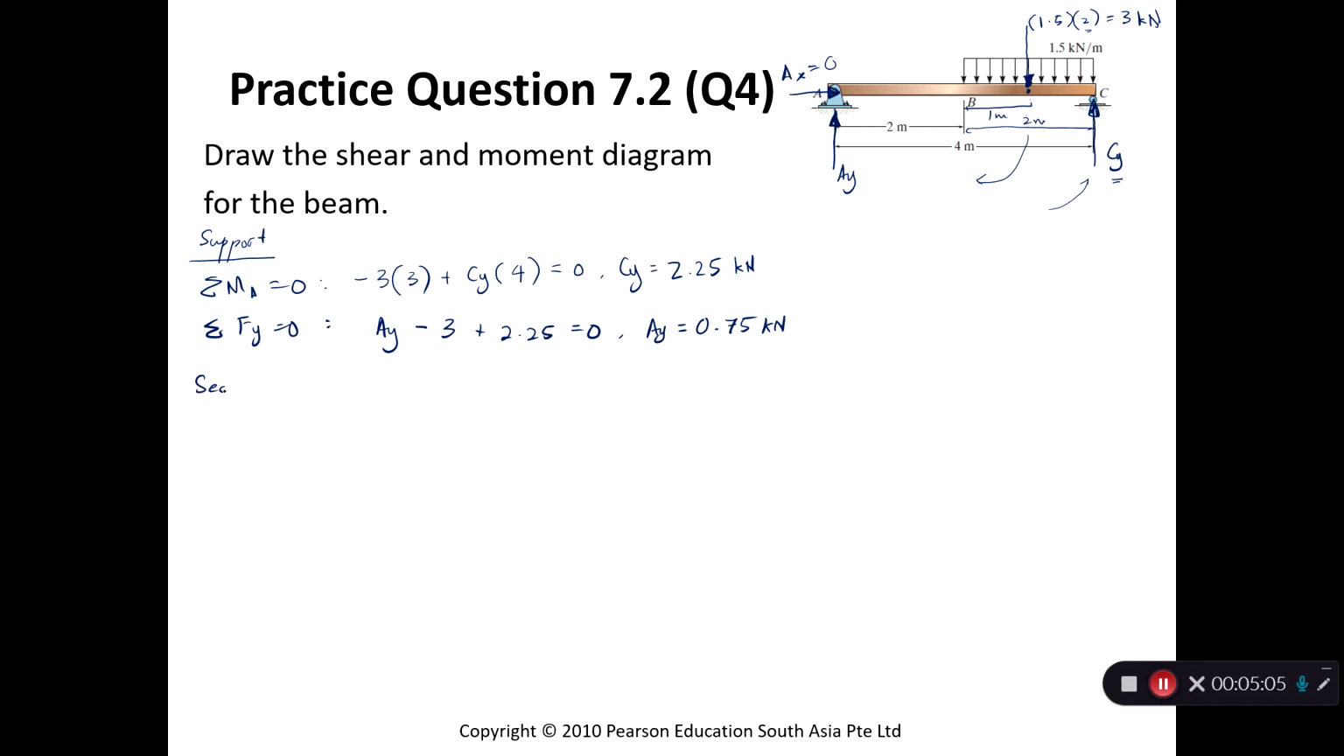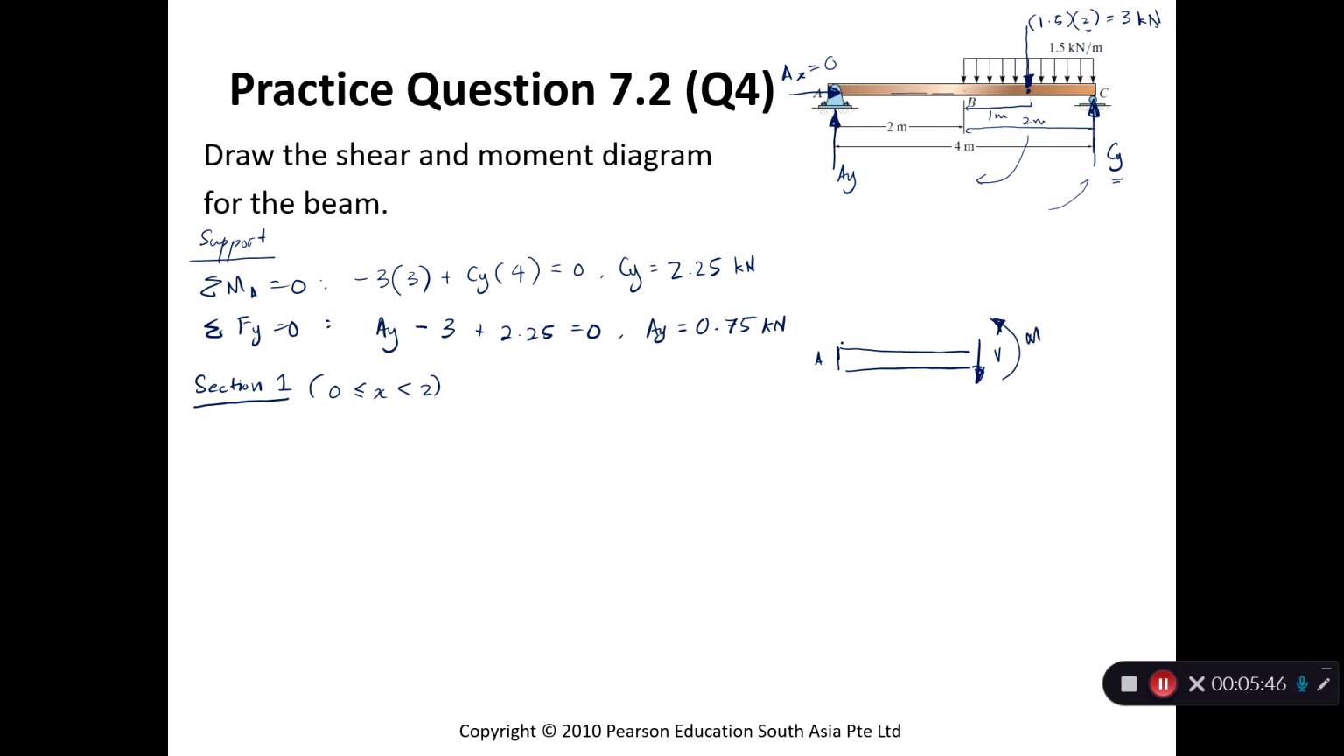We can cut section 1. Okay, so remember we always consider from the left side until before a change. So this is from point A. So the change is going to start at point B, where you start to have a load. So we're going to stop just before point B. That means here x is between 0 and 2. Yeah, so this is point A, somewhere there, and this is the shear force